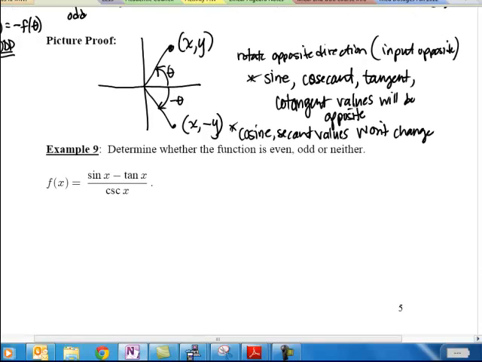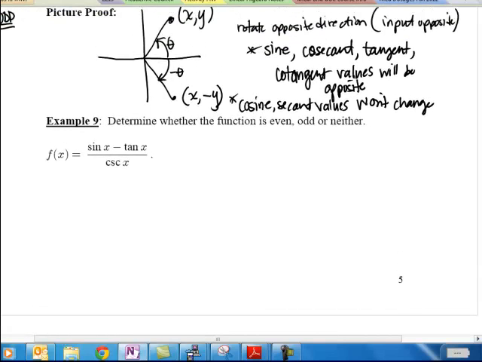Okay, and then the last example here, example 9, we have just a combination of those functions and we have to determine whether it's even, odd, or neither. Notice one thing here, that the input changed. Instead of having a theta, it's an x, but that doesn't matter. We can name the input anything we want. So here we're just saying the input is x rather than theta, but it's not necessarily the x coordinate on the unit circle. Here we would think of x as representing the angle of rotation. So it's still just our input is like, think of it as like an angle or a distance we travel